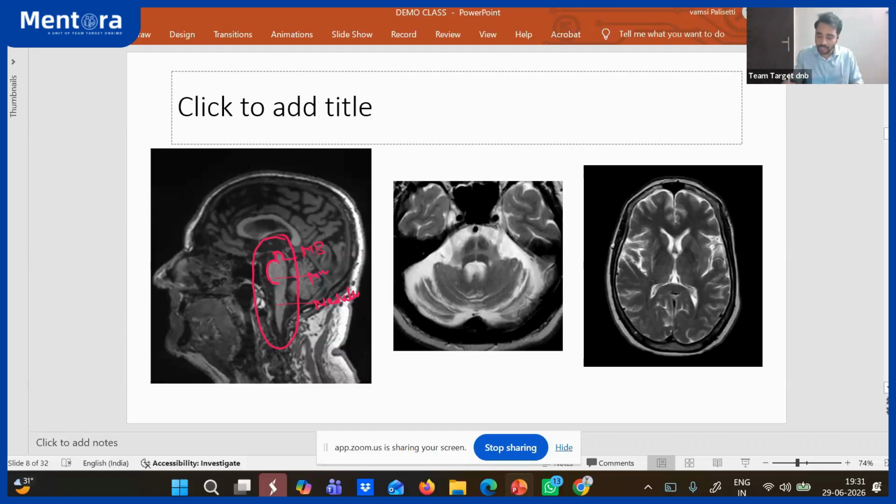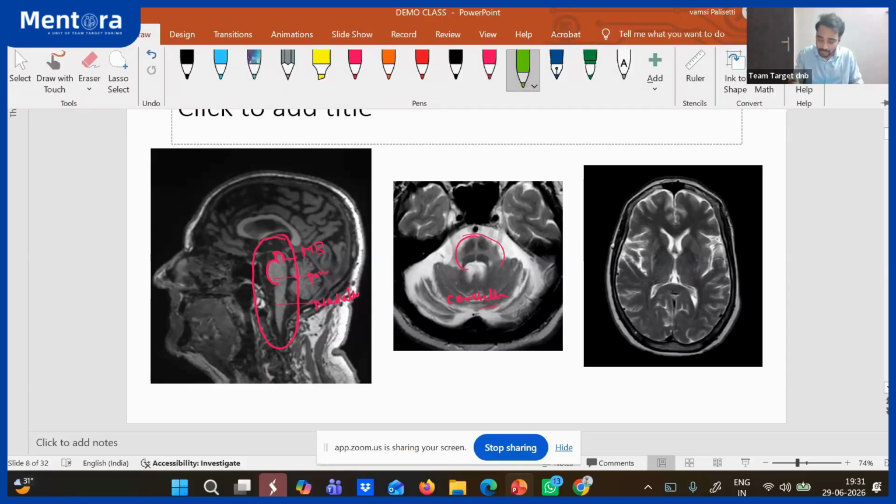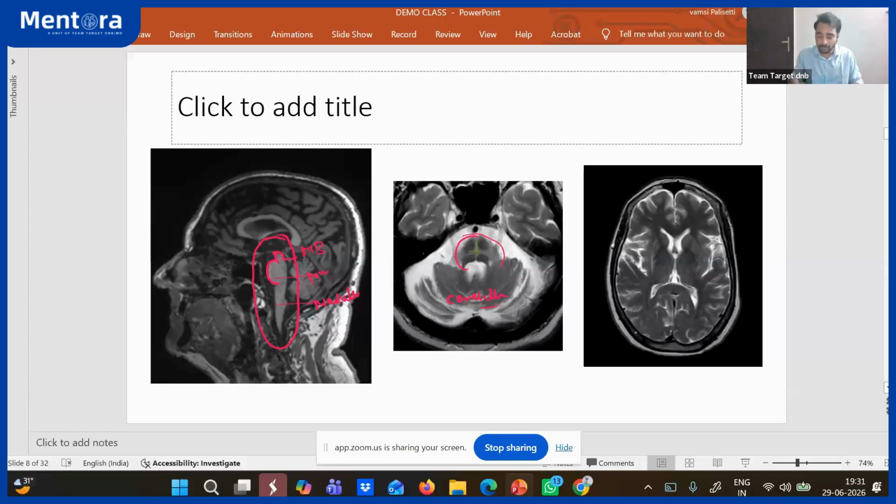Now let us see what this sign is. So this is again your cerebellum. Okay. If you see this, this is the pons. This entire part is the pons. Okay. You have two hyperintensities. I'll change one more color again. You have two hyperintensities here. One is vertical and the other is horizontal. Right. This is vertical and this is horizontal. So this appears as a hot cross bun appearance. Very important. This you see in the case of multiple system atrophy C.